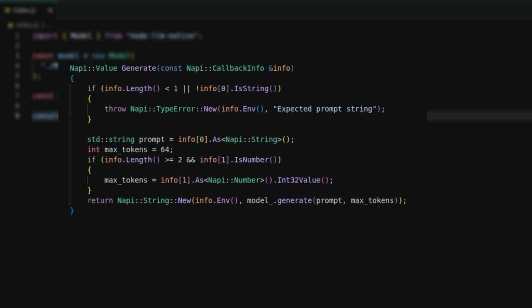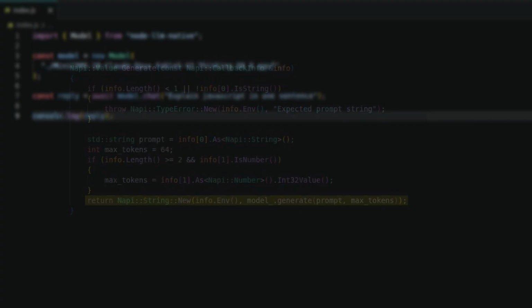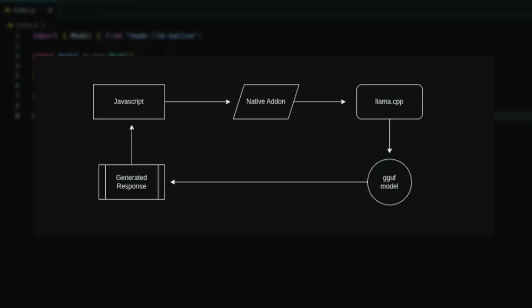Finally, llama.cpp loads the GGUF model and performs the actual inference. The generated text travels back through the add-on and is returned to JavaScript. So the complete flow looks like this: JavaScript, native Node.js add-on, llama.cpp, GGUF model, and generated response.